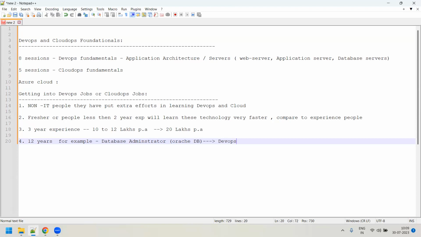For example, even QA engineers are getting into DevOps, or many people who are working as database administrators. In some cases, people working as database developers are even switching into DevOps and cloud. Even a simple support engineer might be getting into DevOps. Even some production support engineers are getting into DevOps and cloud. It's all because of the package. DevOps and cloud give a very lucrative package, right? That's the reason.